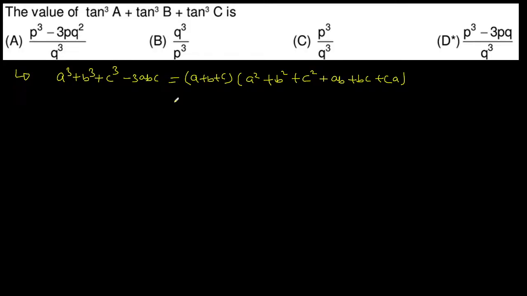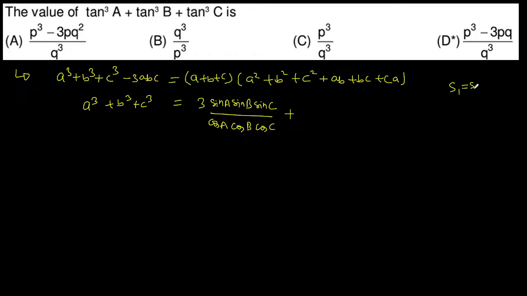तो A + B + C क्या हो गया, S1 − S3, ये तो समेशन ऑफ एंगल हो गया, तो ये S3 हो गया। तो हमें निकालना है A³ + B³ + C³, जहाँ पे 3ABC ऐड होगा। 3ABC क्या हो गया, sin A sin B sin C अपॉन cos A cos B cos C, ये हो गया, प्लस सम ऑफ द एंगल क्या हो गया, A + B + C, ये हो गया S1, 3ABC, ये हो गया S1 इज इक्वल टू S3, तो S3 इज नथिंग बट P बाय Q,